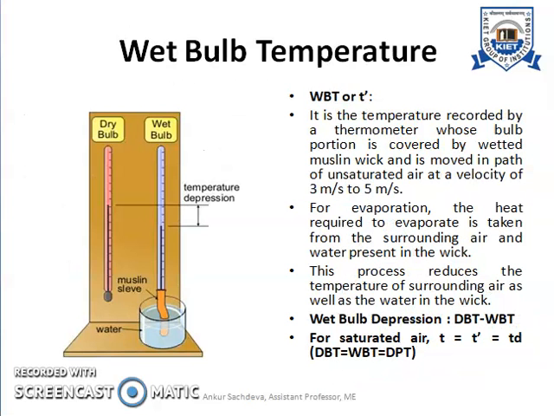Now let us quickly understand the wet bulb temperature. Wet bulb temperature is the temperature which is indicated by the bulb portion of the thermometer, and the thermometer is covered by a special fabric called muslin sleeve, and it is dipped in the water. So if you move this thermometer in the unsaturated air at a velocity of 3 to 5 meter per